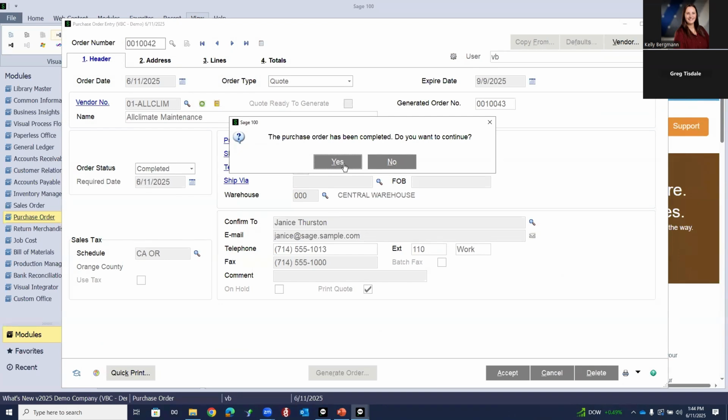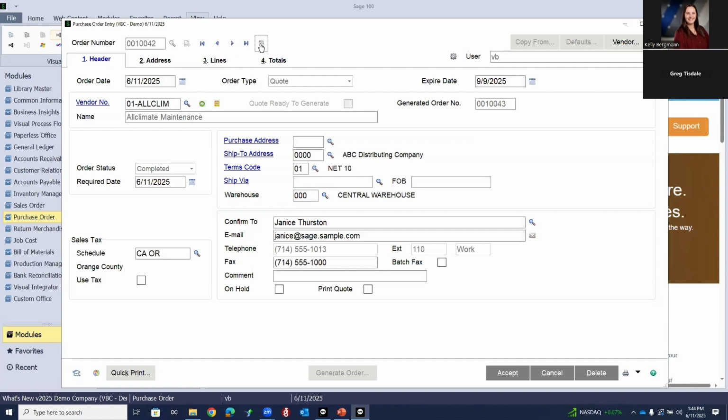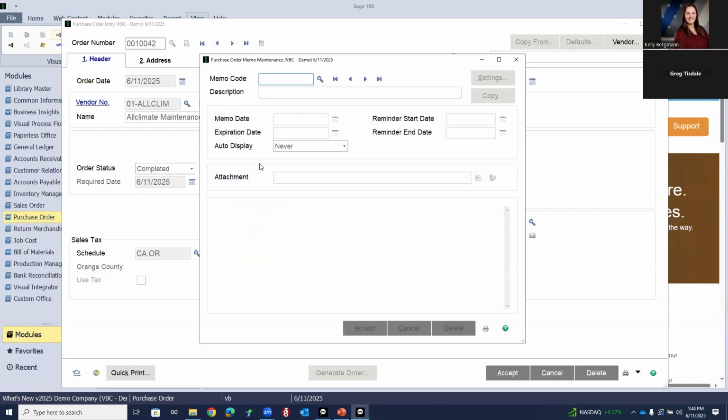In this case, we keep the original quote. We have it show as completed, which means when you do your normal utilities of purging, it will purge out based on whatever the date range you have in your setup to keep open purchase orders. So I'm going to say yes,